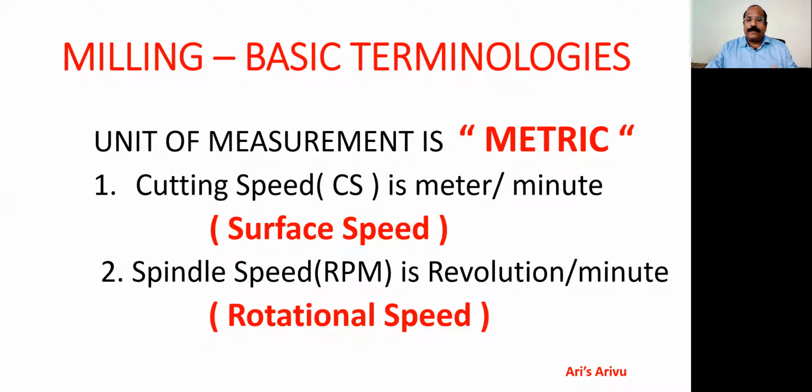Now let us come to terminologies. In this particular video, we are talking about the metric system. It means we talk only about millimeters, meters, Newton, Pascal, not inches. In manufacturing, the foremost important parameter is cutting speed, which is nothing but surface speed. In milling, it is the tip of the cutter where the cutting really takes place, which depends on the diameter of the cutter. The next one is the spindle speed, which is derived from the cutting speed, where normally cutting speed and feed are recommended by the cutting tool manufacturer.